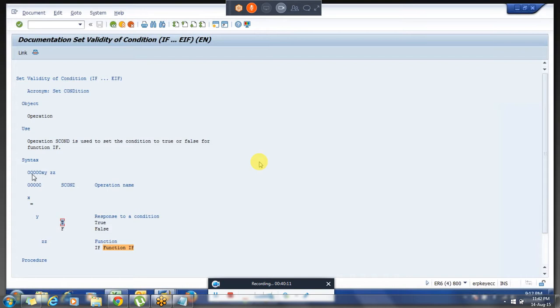So what I maintain is the spawn function in place of x, there is only one possibility, is equal to, right, true or false, then followed by one space, followed by ZZ, that is IF. Right, this is the standard. There is no logic here. SAP has given the syntax like this. We are maintaining this. The first digits are the spawned operation. The next is equal to, and next is true or false. Then we have to give IF.